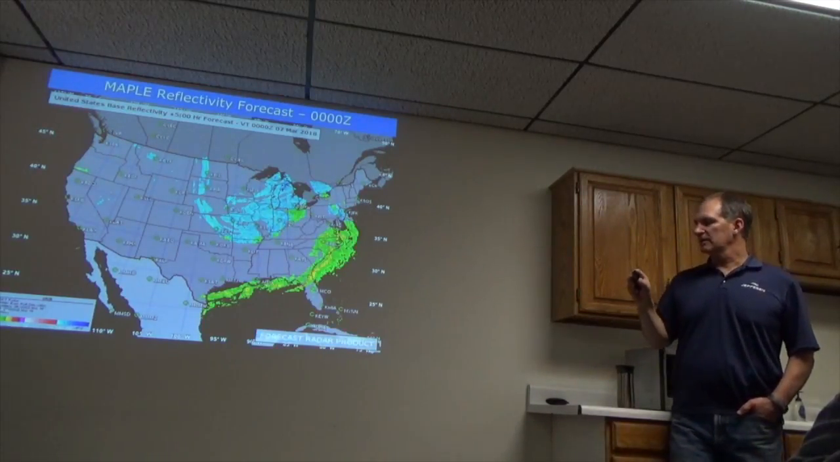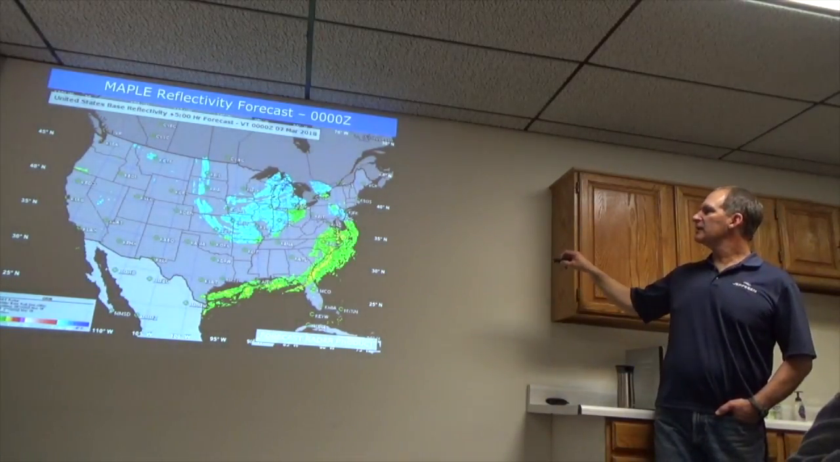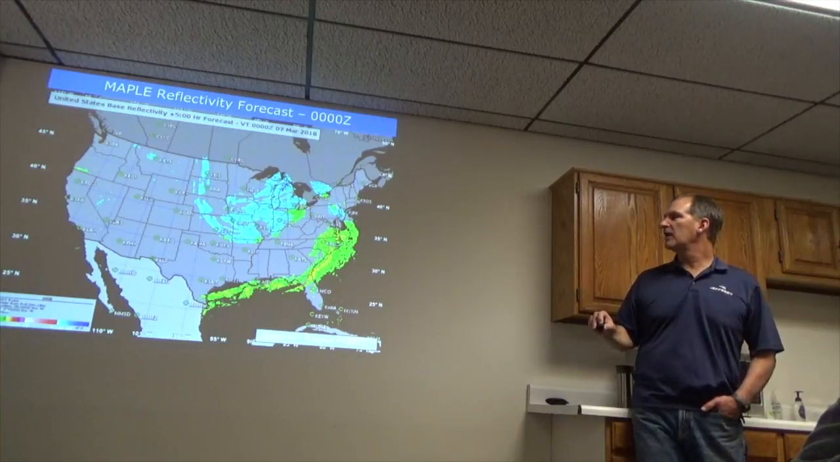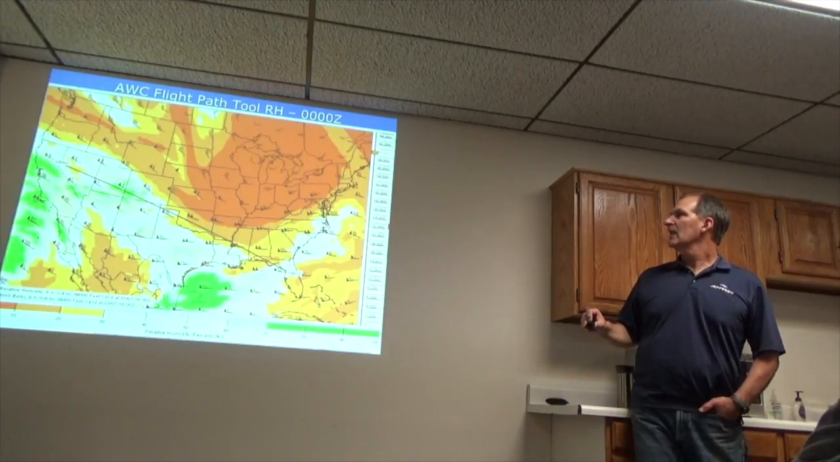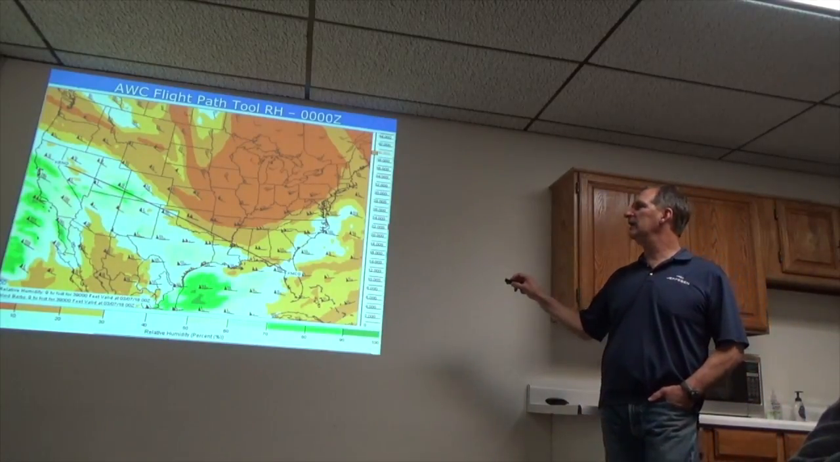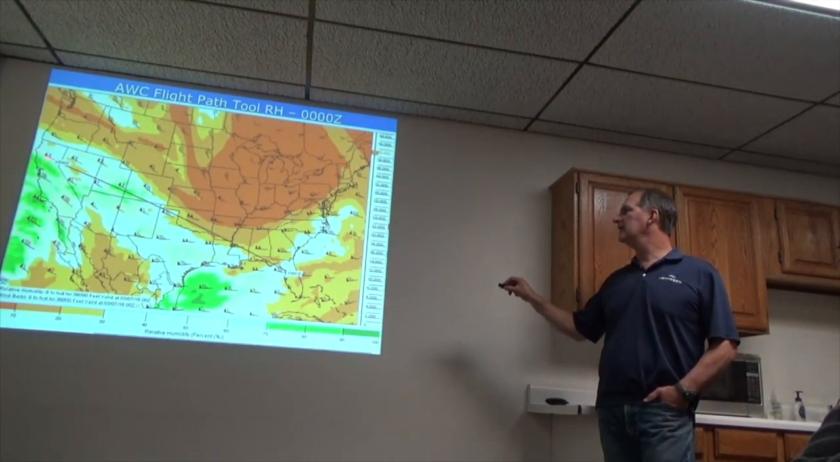Okay, this is just again another forecast of where reflectivity is going to be at 0Z. This is the Maple product. And now, if we did our AWC flight path tool, and we did a flight from Reno down to Orlando,